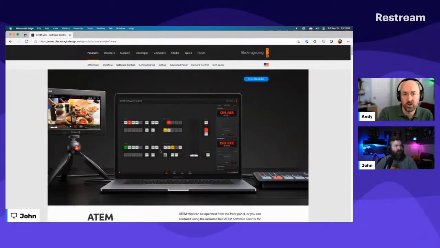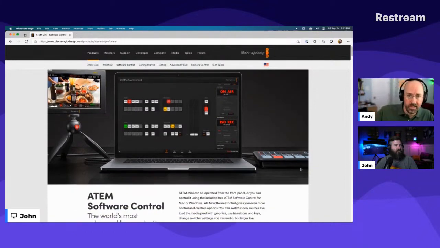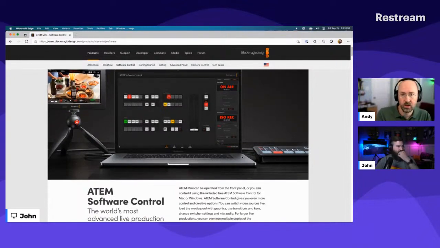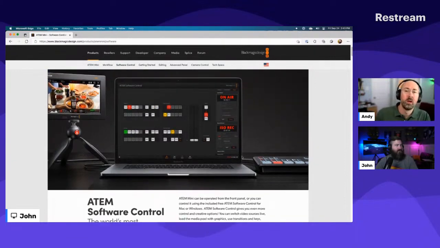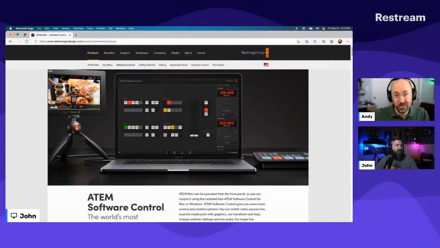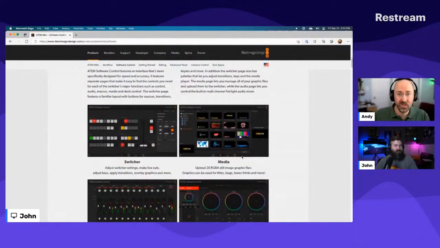The software control is great because there's some extra capabilities in there, and some of that can be accessed via an app called Companion from the Stream Deck. So you can actually use the Stream Deck as your physical controller, use the ATEM as a hardware controller, and then use Companion as the go between. But that's adding complexity to the workflow. There are some cool things you can do, like lower thirds and transitions and stingers. If you're not familiar with those things, reach out to me on social media, and I'll direct you to it.